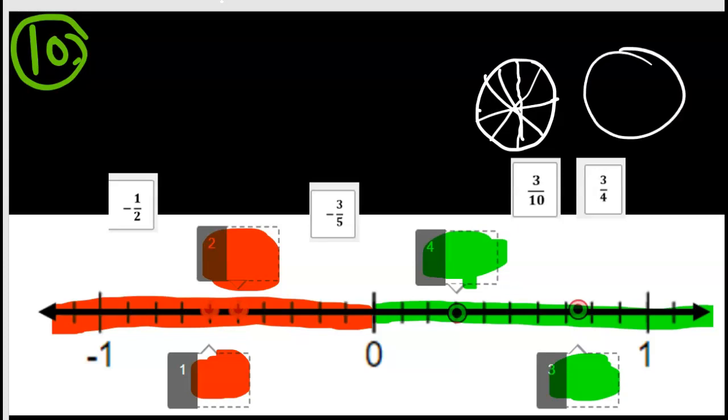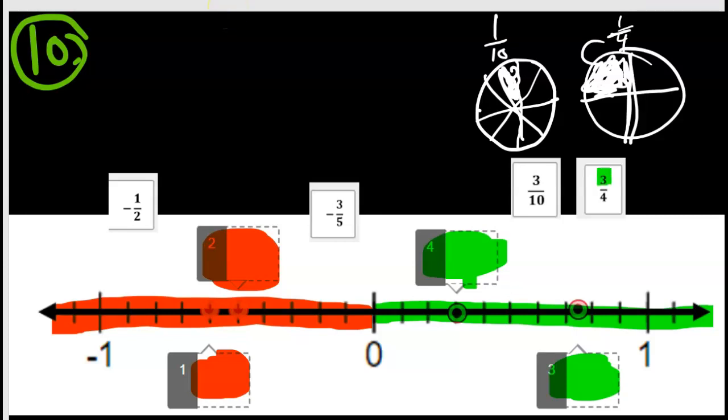Now we're gonna have another pizza. We're gonna cut it into 4 pieces. Would you rather have 1/4 of your favorite pizza or favorite pie or favorite cake? Or would you rather have just a little slice here of it? It's called a 10th, 1/10 or 1/4. So you can see that fourths are bigger. Would you rather have